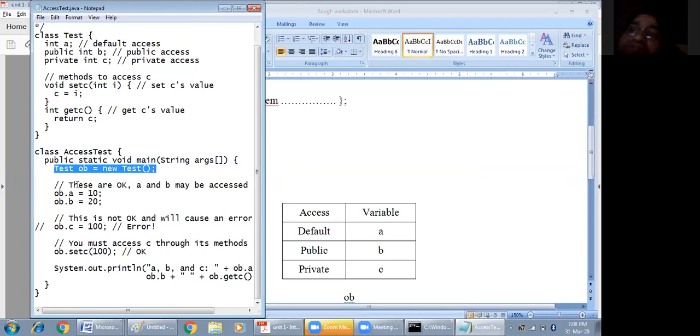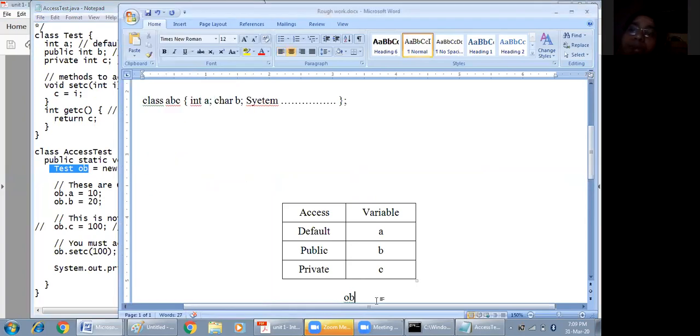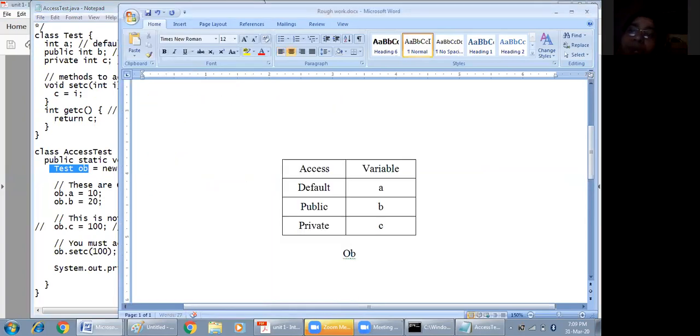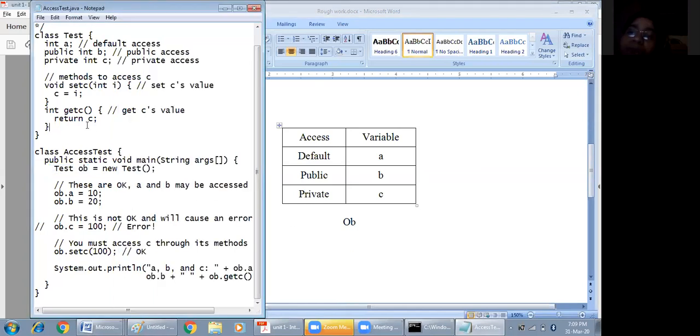After this line, what happens here is new Test. So test ob is an object, and I'm creating ob. You can see here parallelly. What happens with this statement, I'm telling you. Whenever you execute this statement, ob is a variable name which we are giving. Actually it is capital here, it must be small: ob. Then I am allocating memory for the object of type Test.